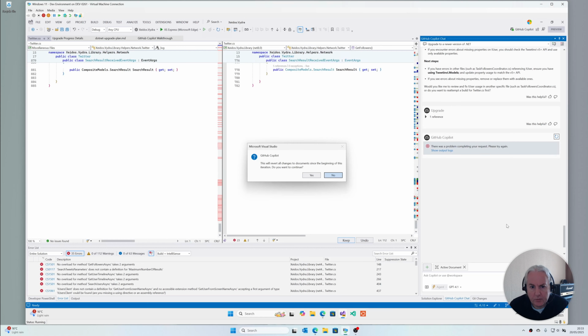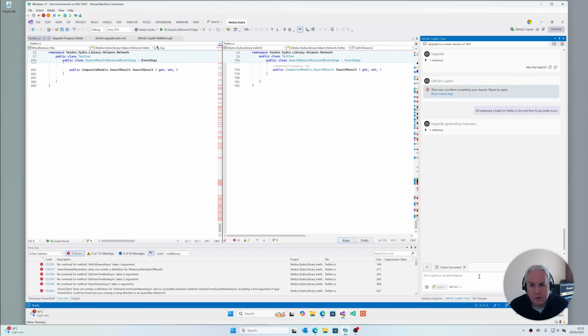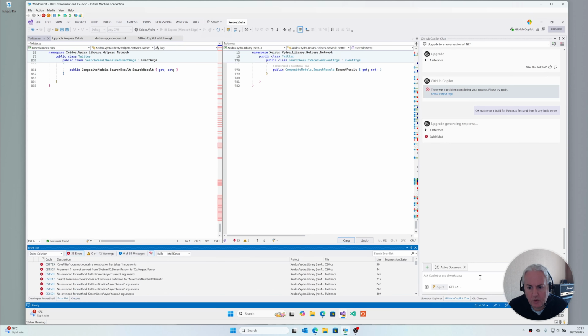So it looks like it's stopped, so we'll just give it a bit of a retry. Might have hit a rate limit again. This is quite a bit better, really, than the other approach that I was using in terms of the rate limit side of things. I think it's probably because it's more of an extension in Visual Studio. It's controlled as to how often it's hitting the Copilot API, but